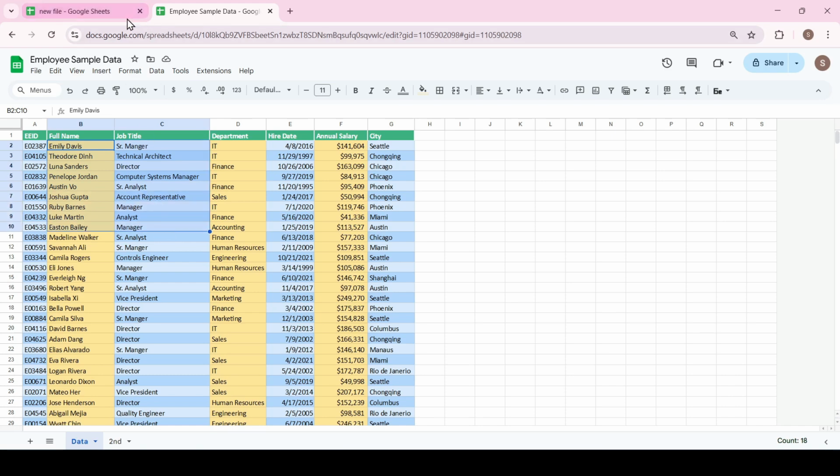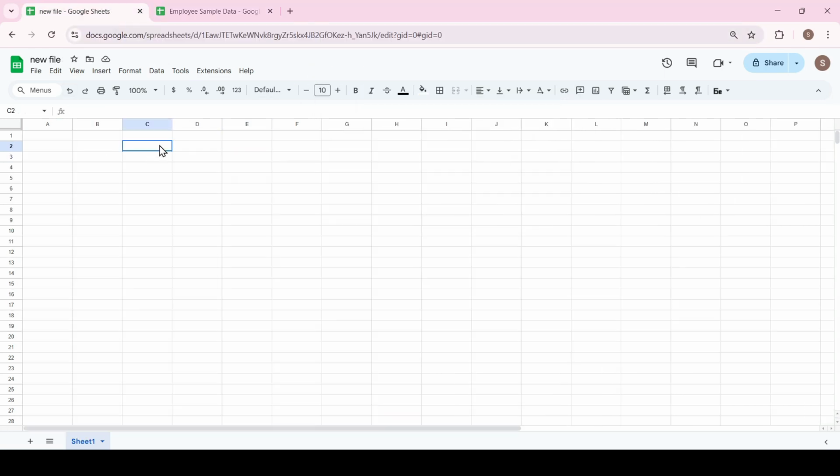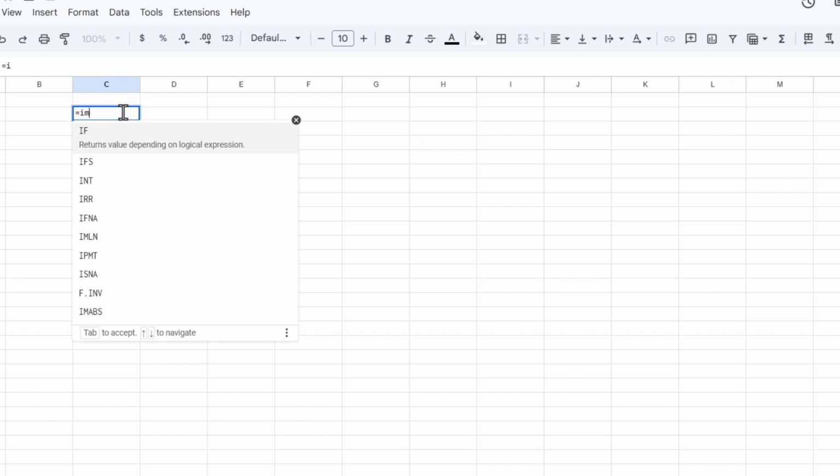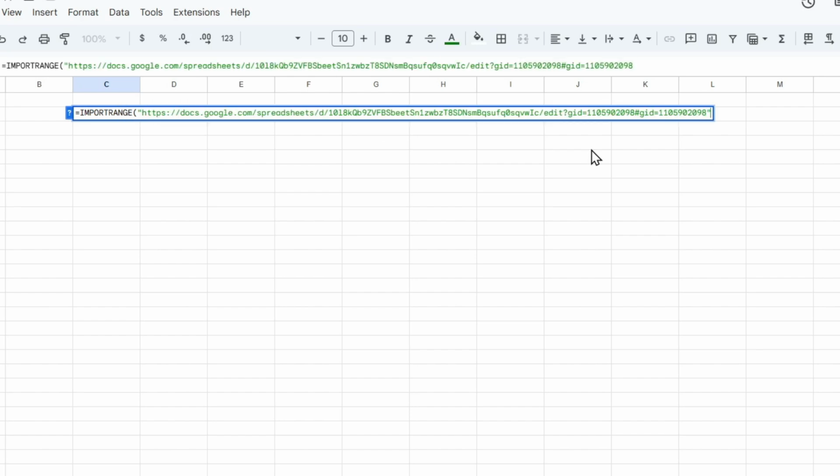We go to the address bar, left click once, then right click and select copy. Now select the first workbook and enter the import range function in any cell. Open the quotation marks, enter the copied URL address and close the quotation marks. We enter a comma and now we also write in quotation marks the range we need from B2 to C10